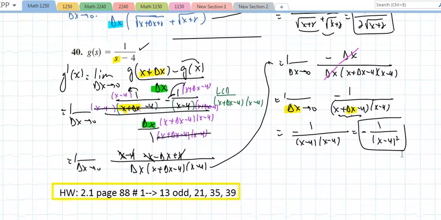And there's my homework. My homework, section 2.1, page 88. You're going to run numbers 1 through 13, odd, number 21, 35, and